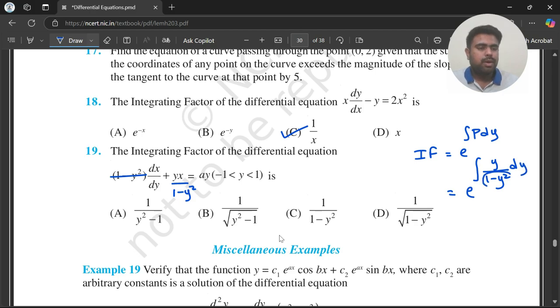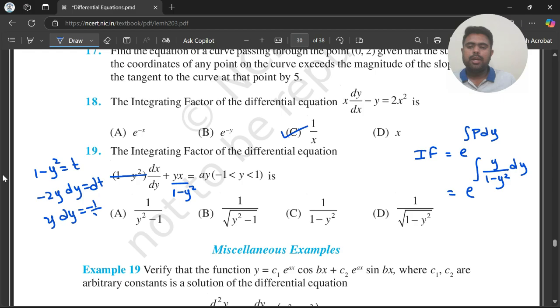Okay, if I substitute 1 minus y square as t, I will just write it down so it should not be so confusing for you. If I substitute 1 minus y square as t, I will get minus 2y dy as dt. So y dy would be minus 1 by 2 dt, right? So this will be e raised to minus 1 by 2 integral of dt by t. So this will give you what? e raised to